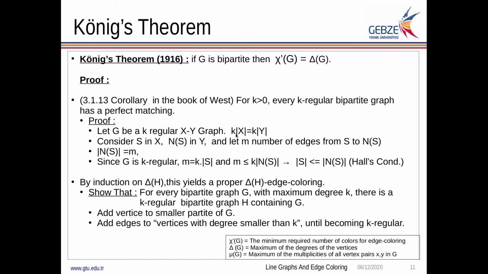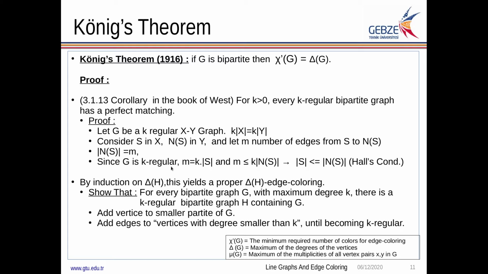So the sizes of the X part and the Y part should be equal, and as it is k-regular, we have k times the size of X equals k times the size of Y. Consider S in X and the corresponding N(S) in Y. Let m be the number of edges from S to N(S),